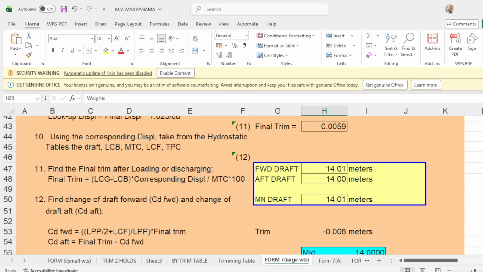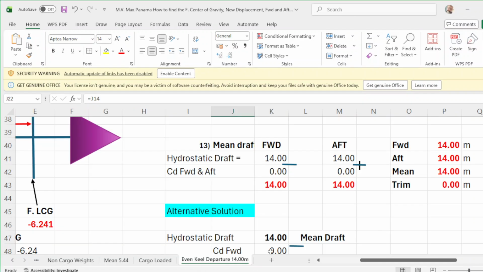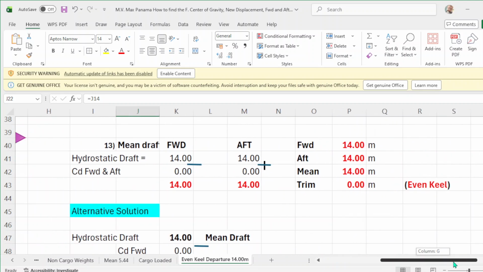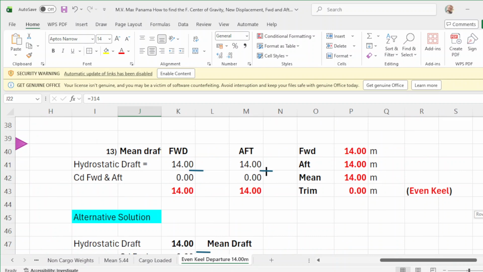And the manual computation, your mean drop of 14 meters plus your change of drop forward and change of drop up, both 0, then your departure drop will be 14 meters, even keel, and 0 trim. Okay? That is even keel.